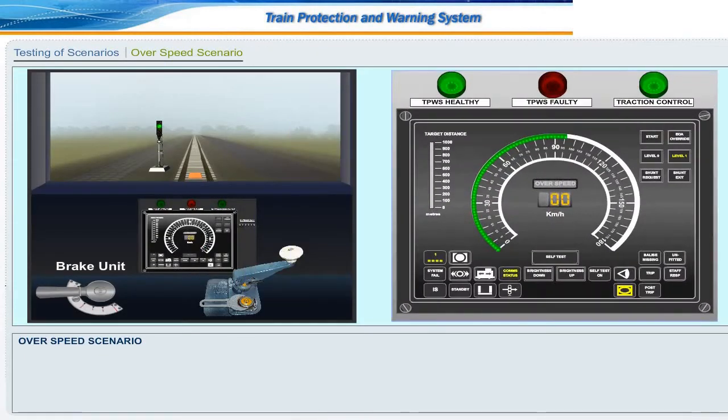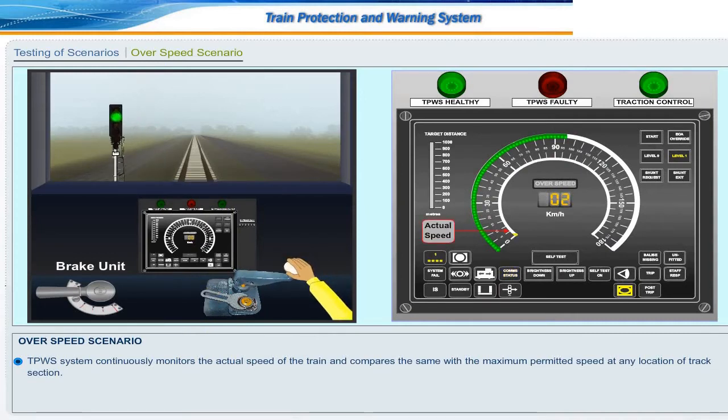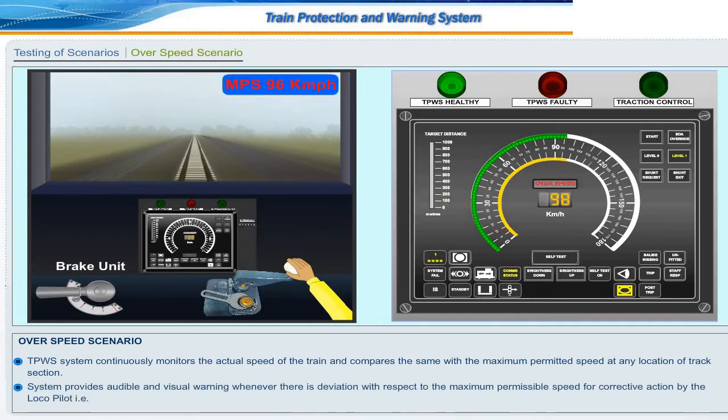Overspeed scenario. The TPWS system continuously monitors the actual speed of the train and compares it with the maximum permitted speed at any location of the track section. The system provides audible and visual warning whenever there is deviation with respect to the maximum permissible speed, for corrective action by the loco pilot, that is,